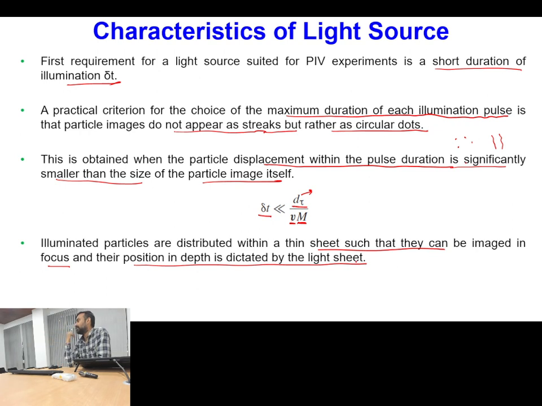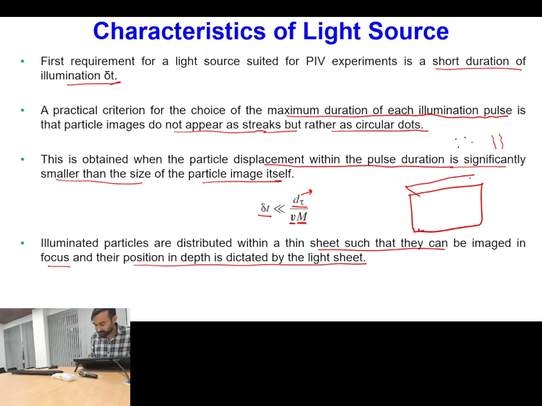That will give errors in the measurement, because ultimately what output we are getting is a single two-dimensional frame. So if we are getting a two-dimensional frame, all the particles should also be of that particular two-dimensional frame. If the particles come from a thickness, then a few particles are in one plane, other particles may be in another plane. So what I am trying to say is, if your sheet is thick,